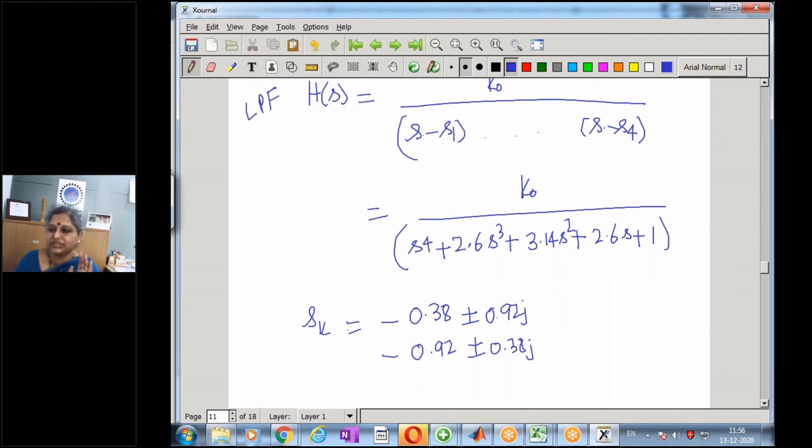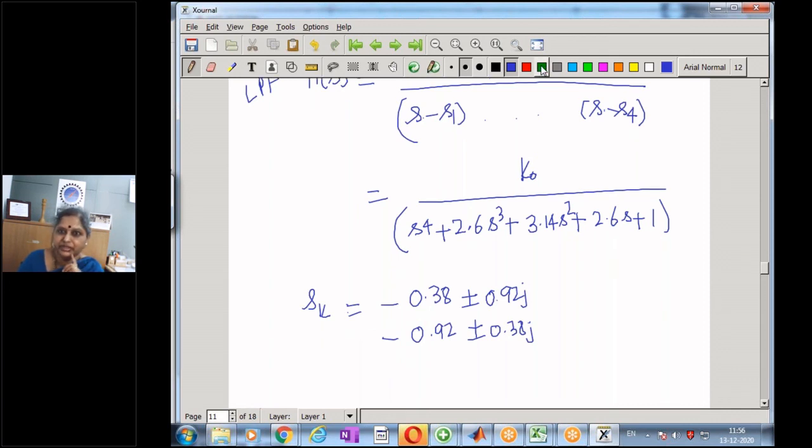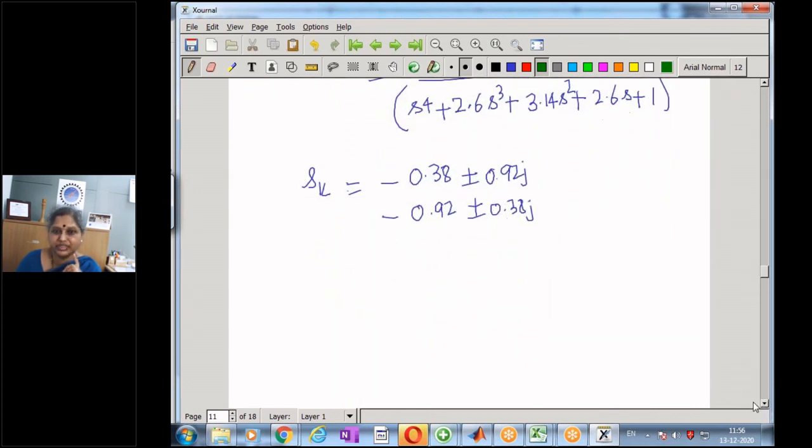But our aim is not to design the low pass filter, but our aim is to design the high pass filter. So we need to now convert this prototype low pass filter into the desired high pass filter. Because we know to design only the low pass filter, we first design the low pass filter, and now we need to apply the frequency transformation. And what's the frequency transformation for transforming from a low pass to a high pass? It is replacing s by omega c by s.